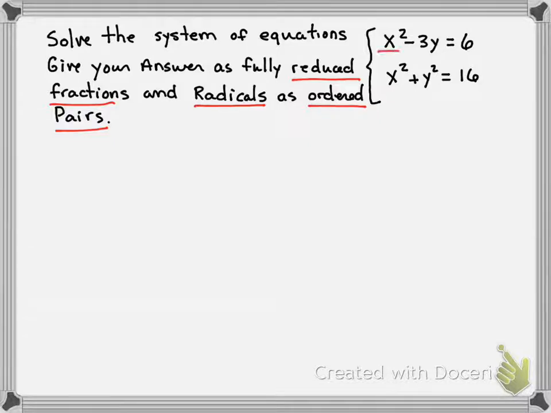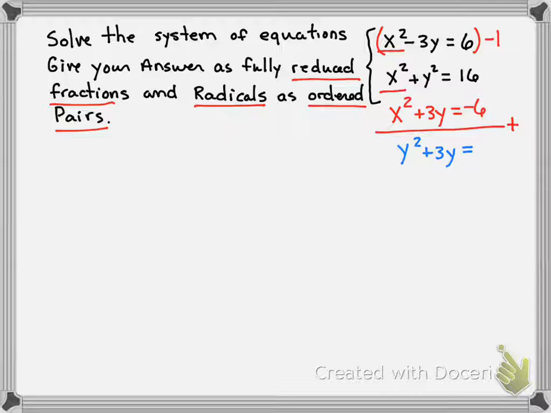And I see that I have 2x squared. So if I was to multiply the top equation by -1, this would really be x squared plus 3y equals -6. And now if I were to add the above and below equation, I'd have the x squareds dropped out, y squared plus 3y, those are not like terms and can't be combined, equals 10, or 16 minus 6 is 10. Now I'm going to set this equal to 0